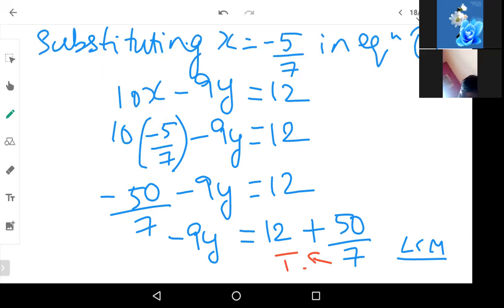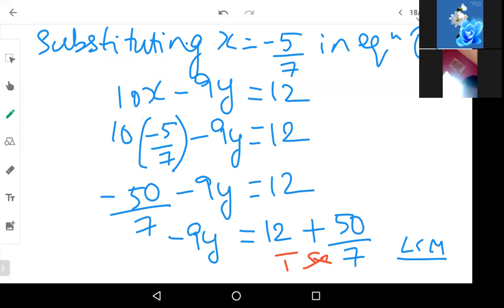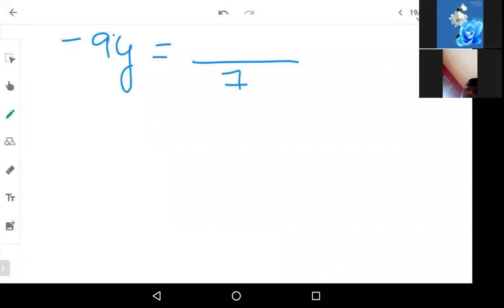And now do the cross multiplication. So what do we get? Minus 9y is equal to, so out of 1 and 7, whole divided by 7, and then you are supposed to